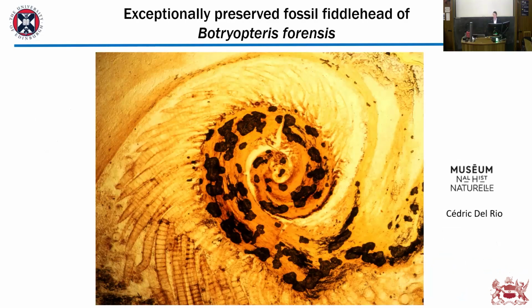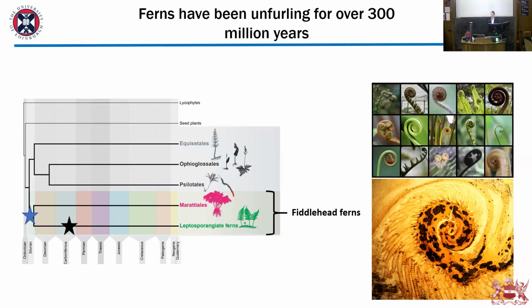And we're very lucky to have this in this one example in the museum collections in the Natural History Museum in Paris. This is a wonderful image, very kindly taken for us by Cedric, showing an example of a brilliantly preserved fiddlehead from just over 300 million years ago. Now, the difference is that in this case, we have exceptional preservation. You can see these multicellular hairs, which allow us to distinguish this and actually associate it with other bits of fossil material from the same site. So we know that this is actually a member of Botryopteris. So we know it's a fern and we know it's got fiddleheads. So taking these two points together, we could conclude that fiddleheads have been unfurling for over 300 million years,